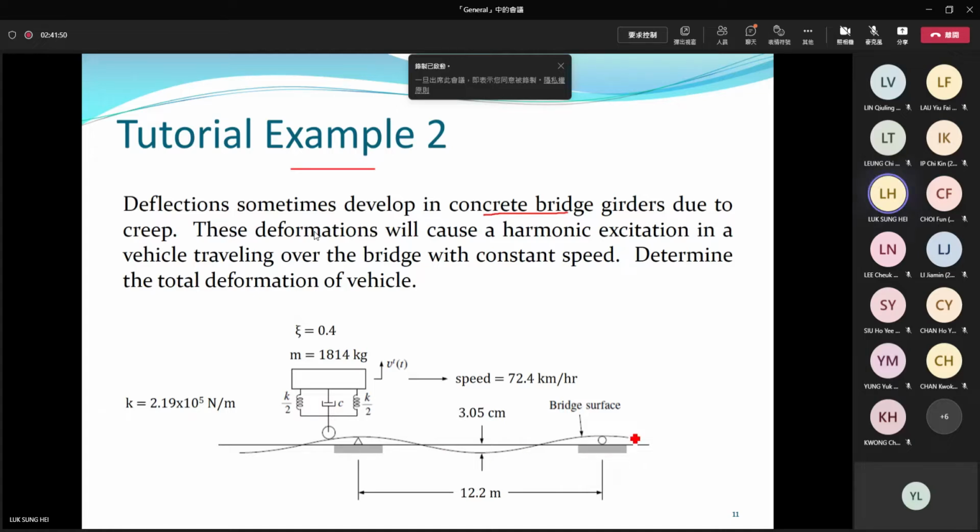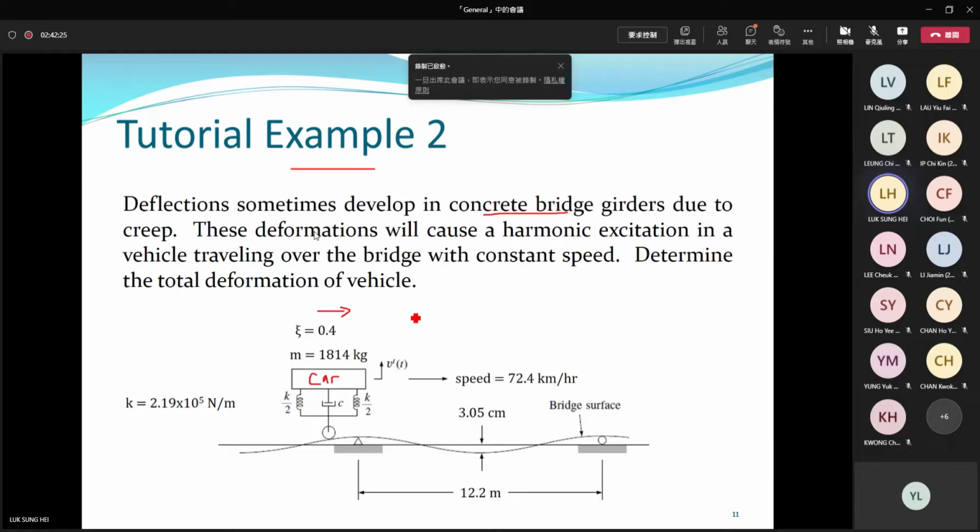It is not a straight line. We model the initial deflection using this sine curve, and we assume that the amplitude of this initial deflection is equal to 3.05 cm. This is the deflection due to creep of the bridge. Then what about this thing? This thing is a car. For simplicity, you can model a car using a spring mass system. We have a damper, we have stiffness. When this car is moving from the left to the right,